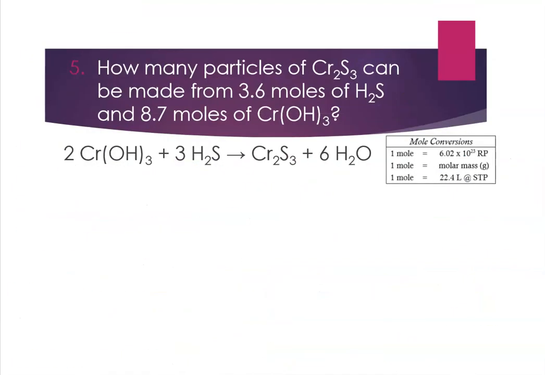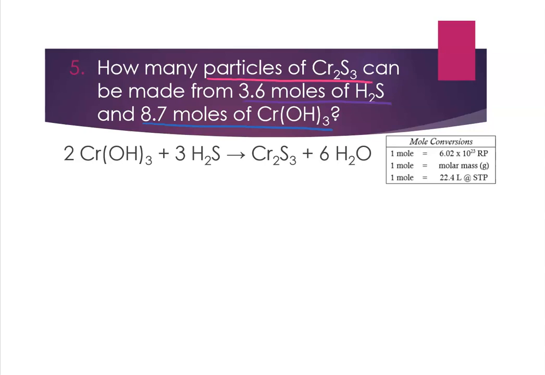So this says how many particles of Cr2S3 can be made from 3.6 moles of H2S and 8.7 moles of CrOH3. All right, so there's a couple different things here. I still have 2 givens. Both my givens are in moles, which is fine. It means that I just don't have to convert from something to moles, so I don't need my first conversion factor. And then I'm trying to find particles of